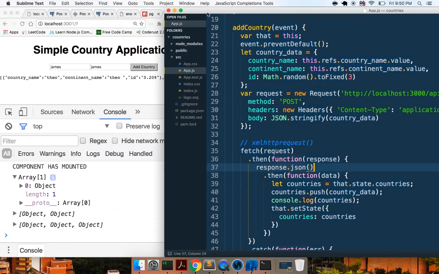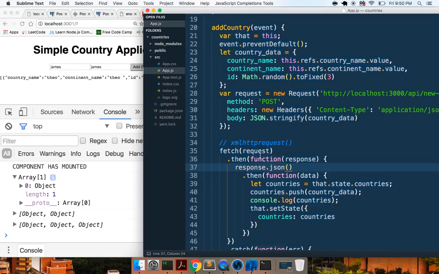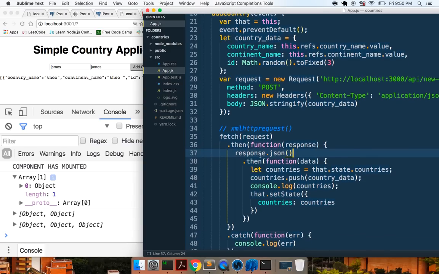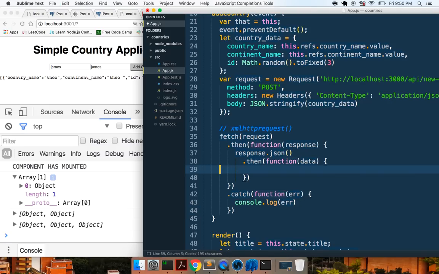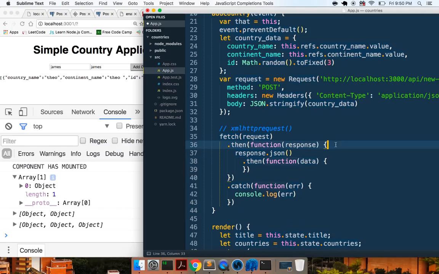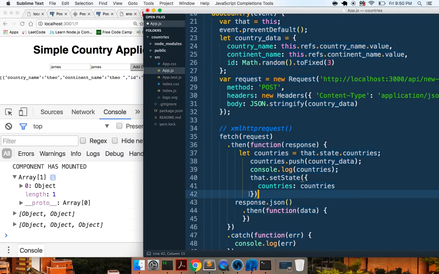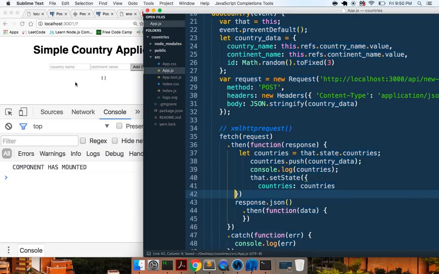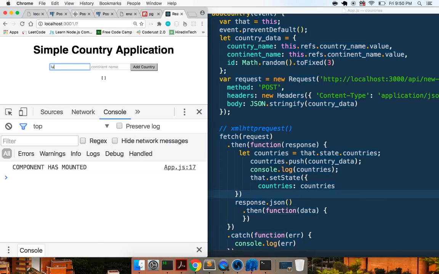Push. Fetch request. Country is equal. So it's something in here, I'm guessing. Then function data, because it's waiting for everything to come back. That's why. So maybe what I can do is, for this JSON response, I can set it at that level. Maybe that's smarter to do, after we get a response, right? I can just now say Luke and Luke, add country,